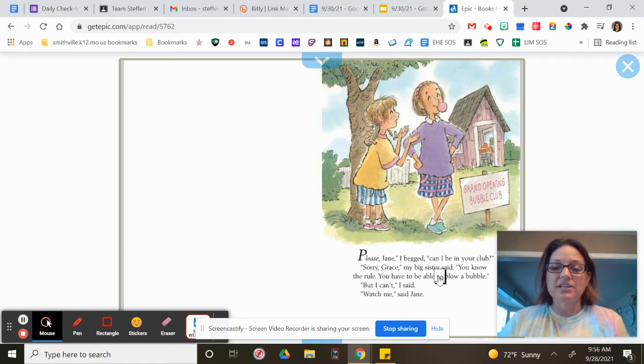So, on this first page, we can see lots of quotation marks. We can see commas. So let's see here. You can see some quotes here. That's when the author is wanting people to have conversation. We see commas. And I want you to listen to me read just this page twice. Now I'm going to read it normal, and then I'm going to read it how I think possibly those characters sound. So listen as I read this page.